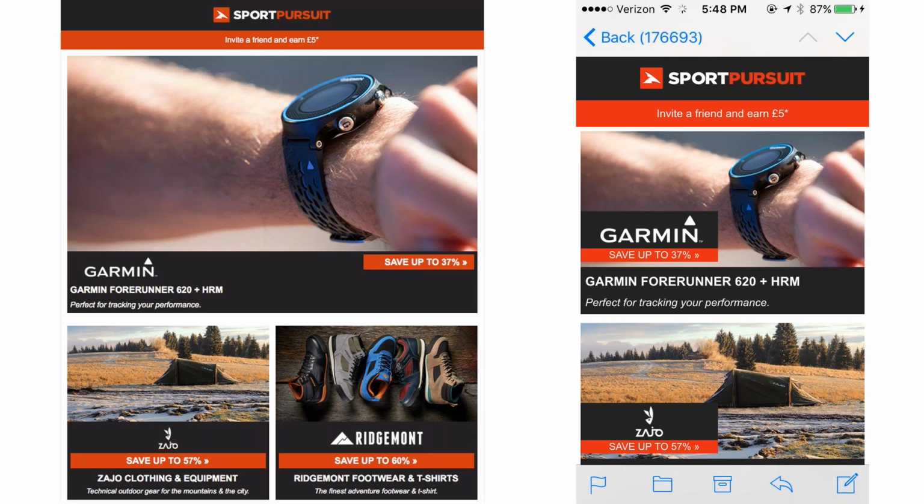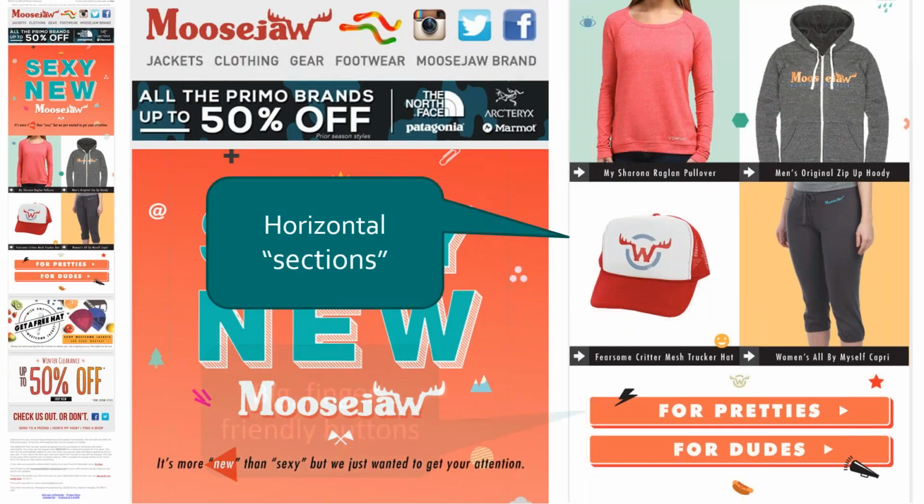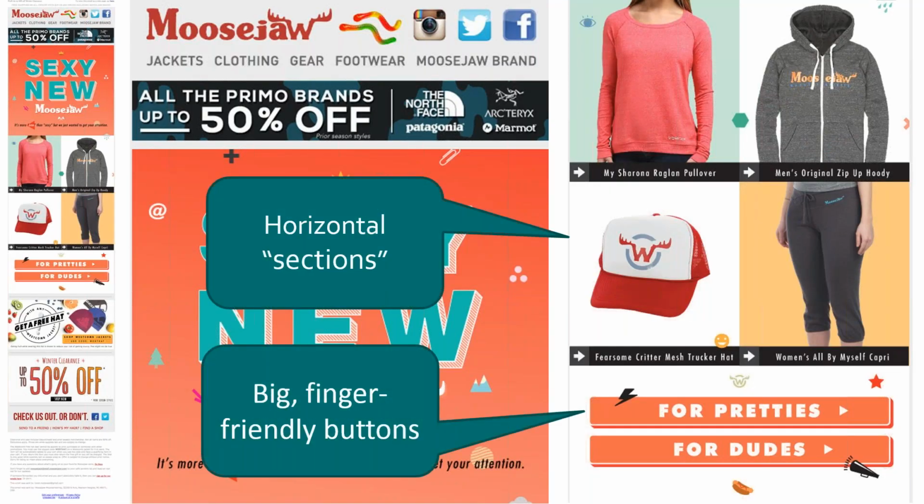So in this example by Garmin, you can see on the left, the desktop version is a hero plus 2 columns. And then with the responsive design, you can see how some elements hide, shrink, and restack into a single column. So certainly that's one good reason to switch your templates to a responsive template if you're not already there. The other approach that a lot of brands use, and this example from Moose Jaw,